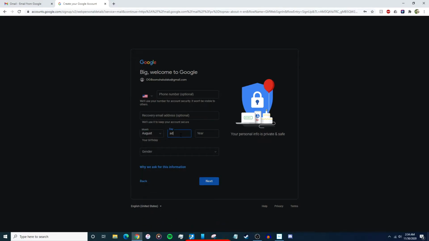I'm just going to be putting random dates and see if it lets me through. Oh, I didn't expect it to let me type in letters. Let's try something real quick and see if it rejects it. Let's see here. For the day, we'll go with the 41st. Yep. We use a different calendar where I come from. Just kidding. And then for the year, let's go with 1000, cause you know, Big E gotta be old. Anyways, choose your gender and then click on next when you're done. Oh, and by the way, I don't think Google's gonna let me go through with this. Yep, there it is. Surprise, surprise.